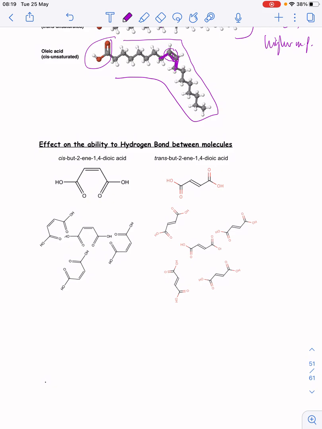So you've got a 4-carbon chain with 2 carboxyl groups on the end. Now the cis molecule, the groups are oriented towards themselves, whereas in the trans one, they're oriented across from each other. So in the cis one, there's hydrogen bonding inside of the molecule, depending on how it's oriented. If the OH group is drawn over here, instead of the C to O double bond, and the C to O double bond is drawn there, you could have some internal hydrogen bonding between the groups, but that doesn't really help the boiling or melting point because we're looking for hydrogen bonding between molecules to raise the boiling point or the melting point. And the trans example has more locations for intermolecular hydrogen bonding. So because of that orientation, the trans has greater ability for H bonding